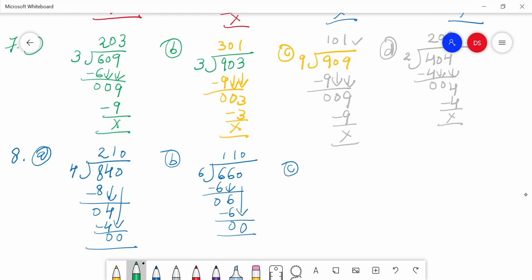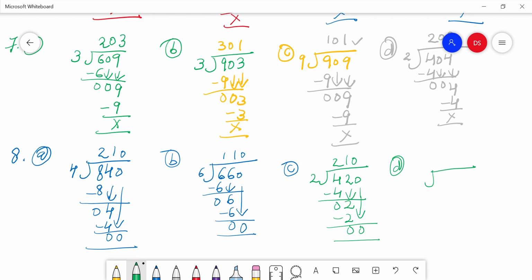Now C part. C part is 420 divided by 2. 2 twos are 4. This is 0. 2 ones are 2. This is 0. Last digit is 0. Keep it on the quotient place. Now the last sum of this line is 960